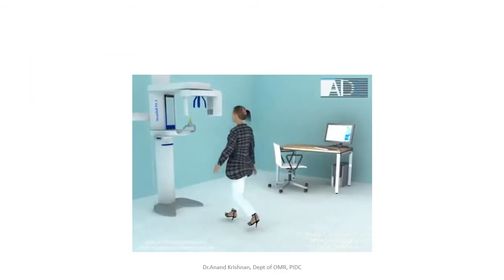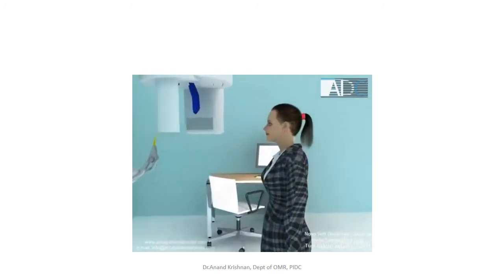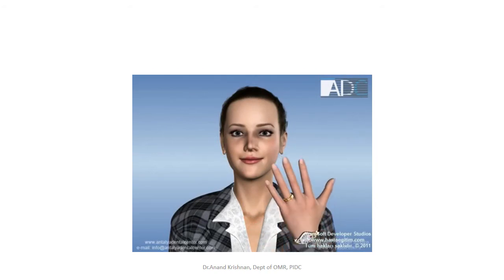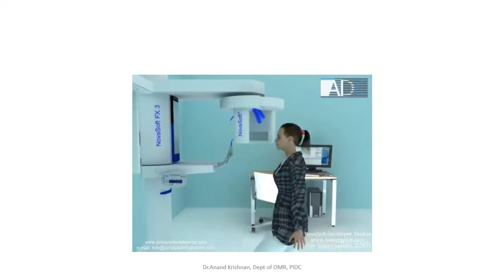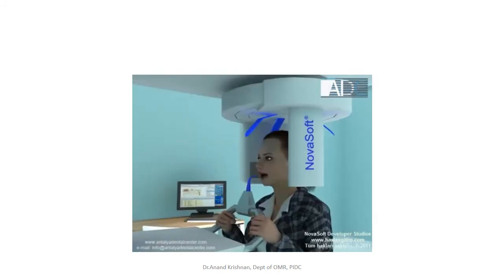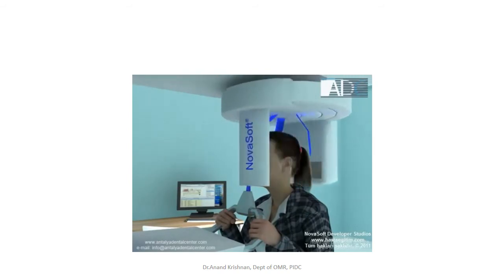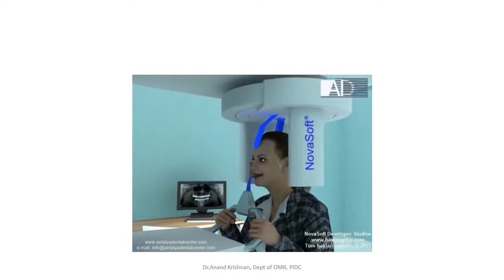So this is how we take an OPG and how we position the patient. The patient is brought into the setup and asked to remove all the metallic ornaments, because we will be getting ghost images, and sometimes there will also be image noise if the metal is very heavy, in the head and neck region. Generally we tell them to remove all the metal objects just in case, but preferably just the head and neck will do. Once all the ornaments are removed, the patient is brought into position.